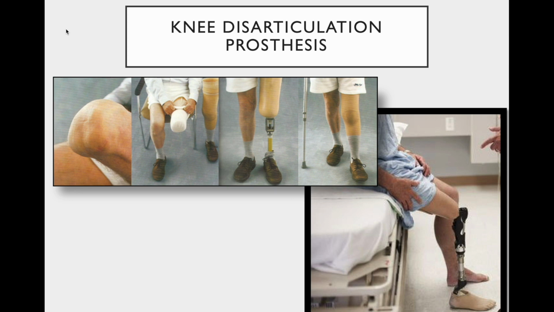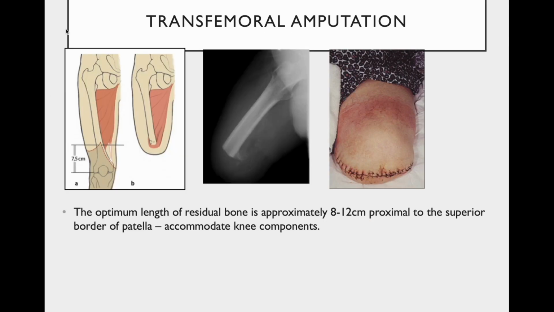For some patients, this is bothersome, especially for patients who are more cosmetically conscious. We did have a young girl who was a transtibial amputee on one side and a knee disarticulation on the other, and she was very bothered by how on the bus it was very obvious that her femoral lengths were different. Moving again more proximally to the transfemoral amputation, the optimal length of the stump is 8 to 12